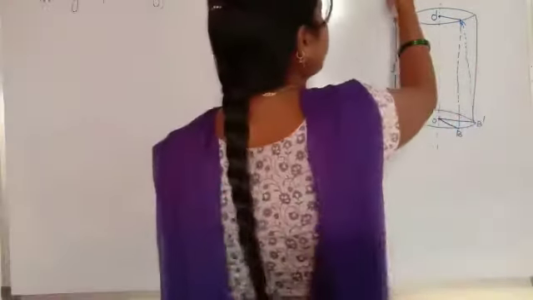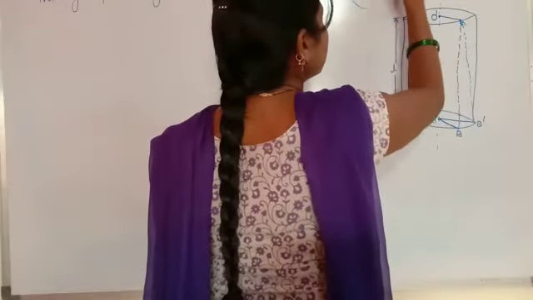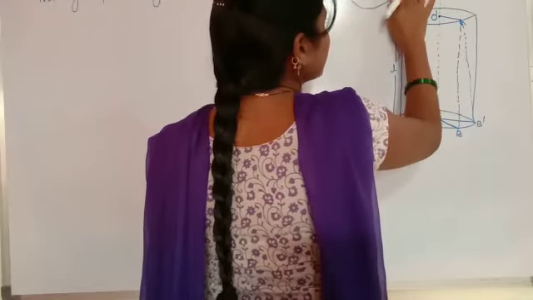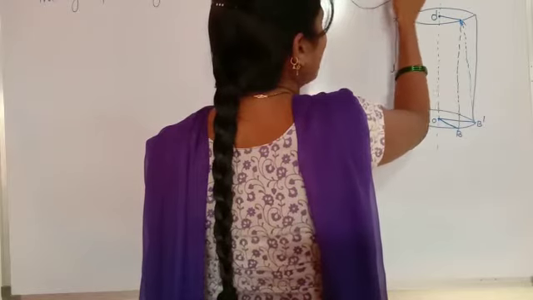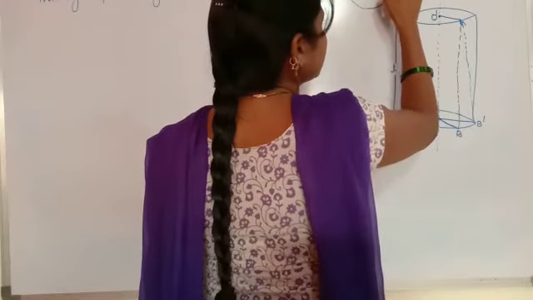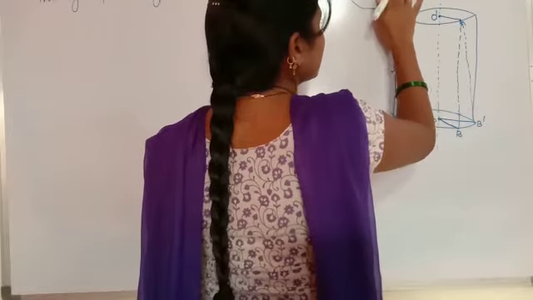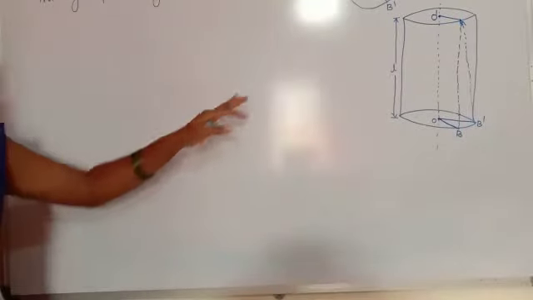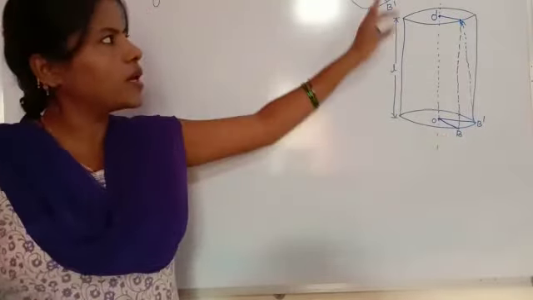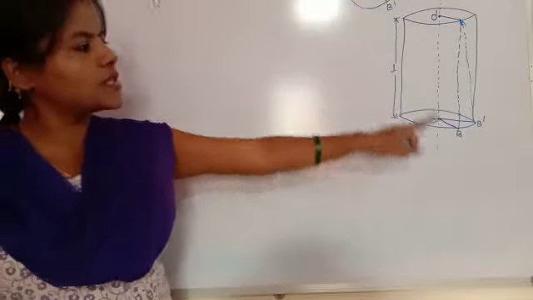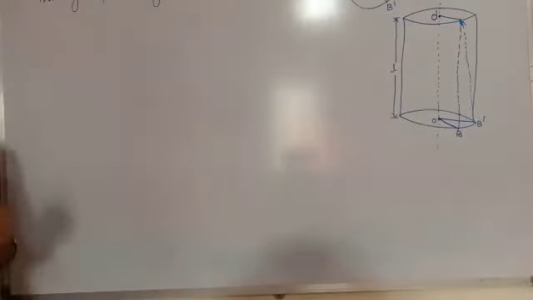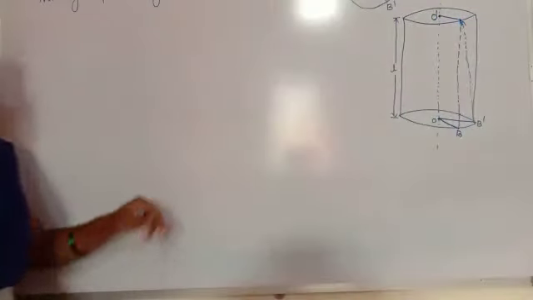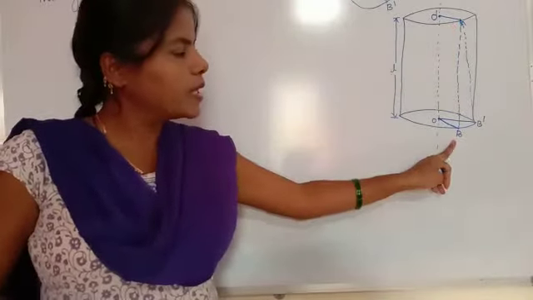So this is the cross section, means we are looking from the upper side, we are seeing this structure. This is the radius, this is O and B, and this is B dash. Here we are drawing the radius. Okay, any side. So this is the upper section and this is the lower part, and we are seeing from the uppermost side. So we are watching it like this. Okay, so we get a cross section in the form of triangle A, B and B dash.